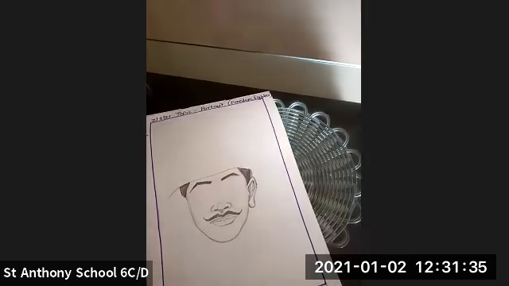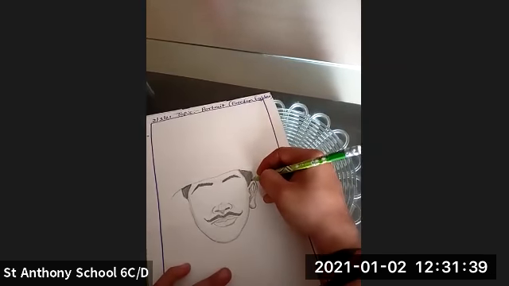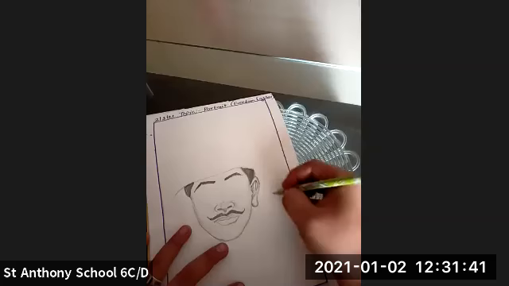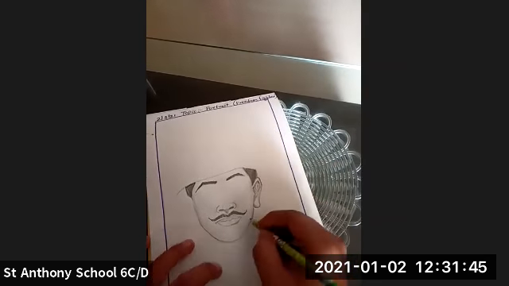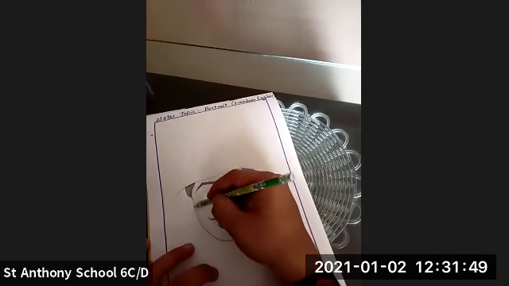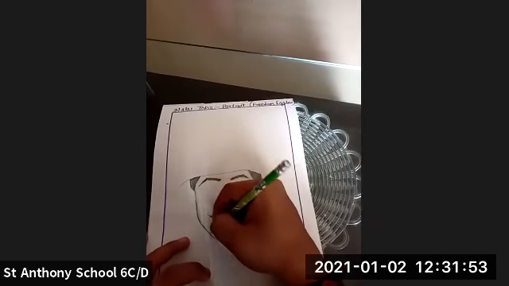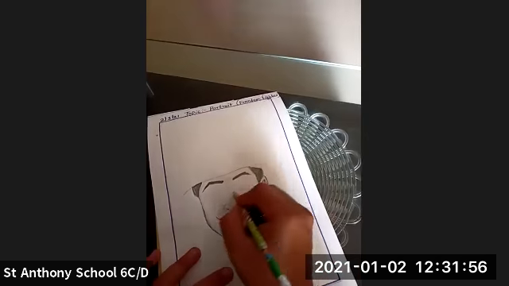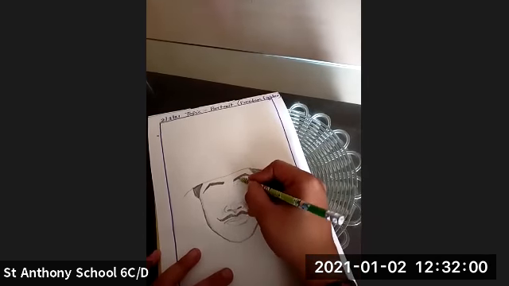I'm using the pencil shading. Yes, you can also do it in pencil shading if you want, or if you want to use the colors, you can use the colors also. So this is how you're going to do it. Then coming to the down part,